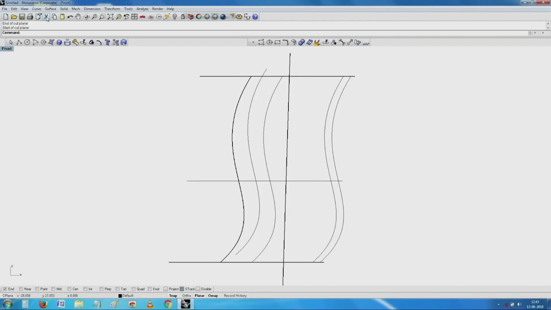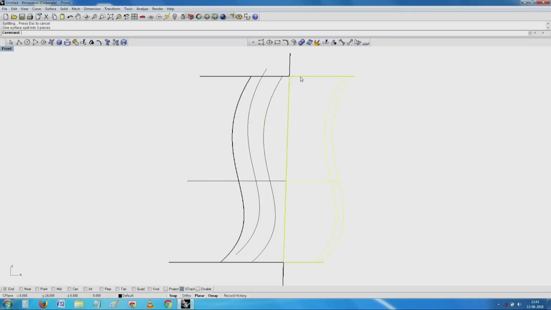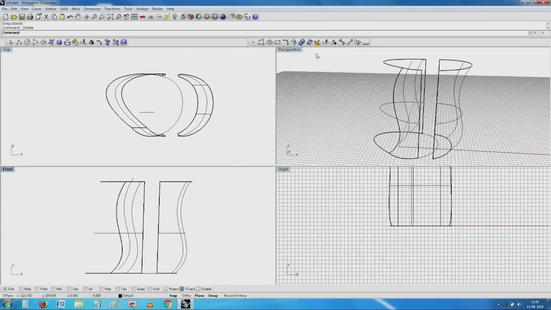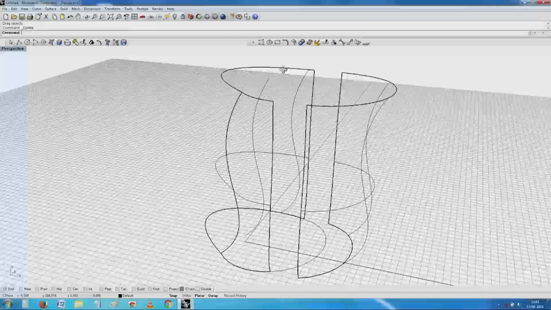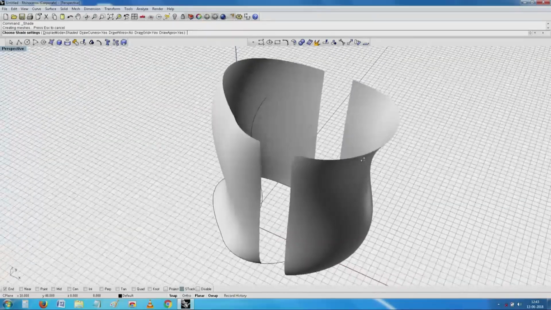Now for me to do the cut section, I have to go to the next one and say at best if I can split the whole surface into two parts. If I remove this, now if I go and see the object in the other view you have seen here, conveniently I have two split